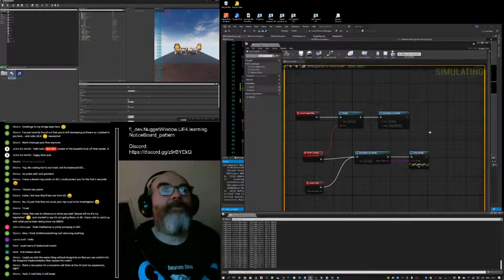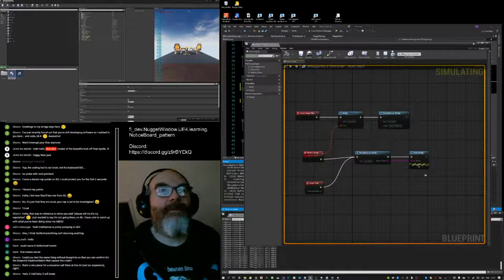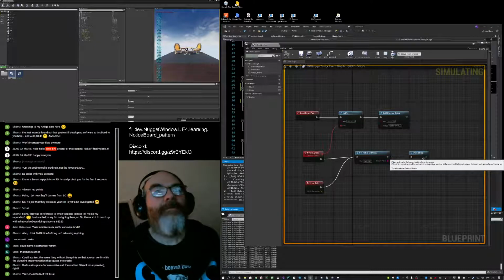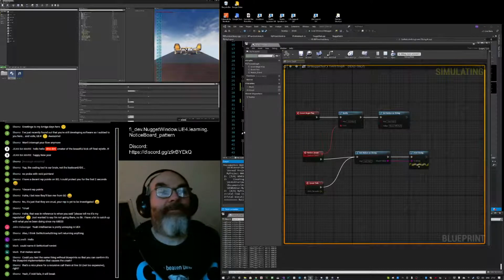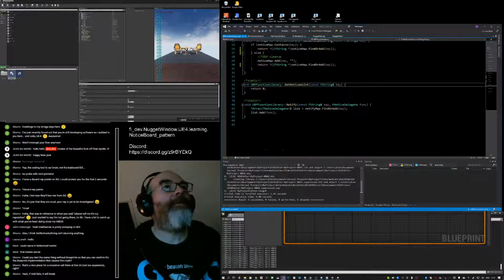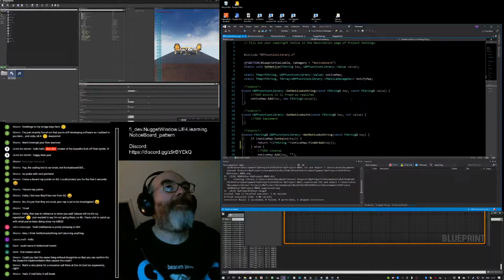And it's repeatedly printing hello world, which is great. So this is working. What's actually happening is that on play, it sets test key to hello world. Now on every tick, it gets test key and returns it. So this is now working well, and that's absolutely fine.